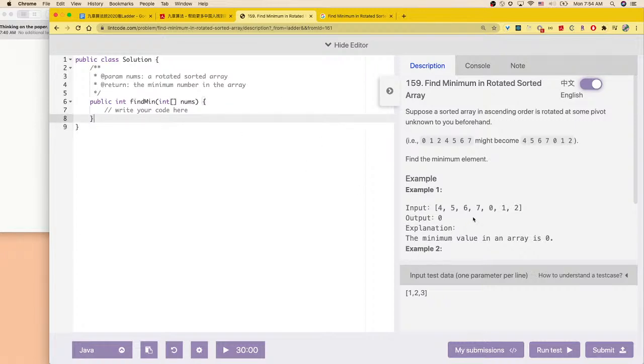Okay, for example, 4, 5, 6, 0, 1, 2, with indices 0, 1, 2, 3, 4, 5. L is 0, R is 5, and the mid is 2, which is 6. Wait a minute, oh no, wait a minute. Like this. Okay, rotate. Okay, if in this way,